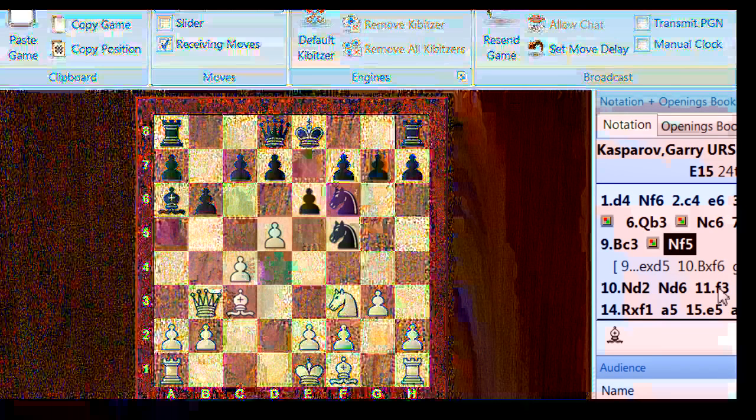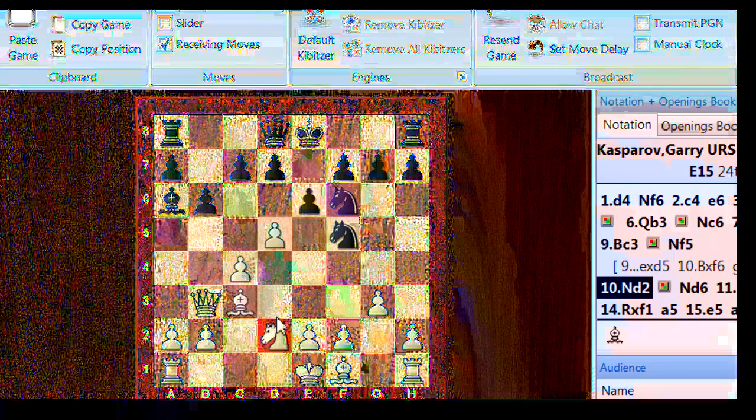Knight d2 is played now. Knight d2. So you might wonder why knight d2. Very interesting move. Maybe this is all theory. Knight d6. It does support c4 in advance of any knight d6, which is played. But actually no, the important reason for knight d2 seems to be revealed with Kasparov's next move now,